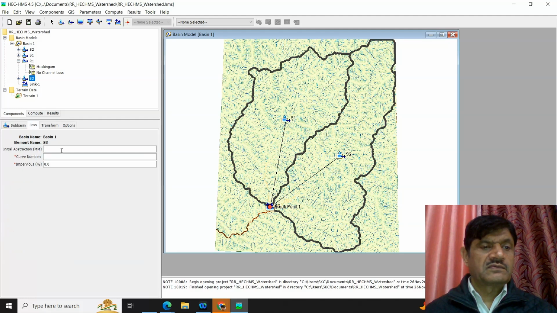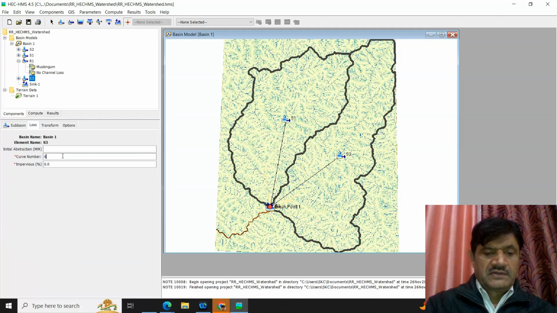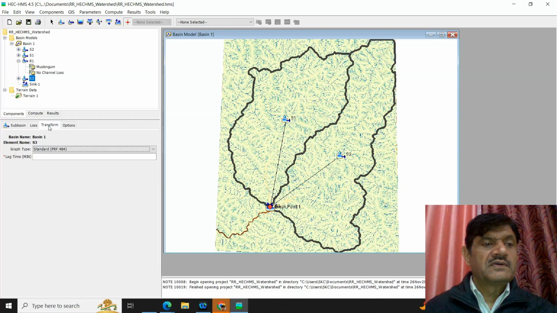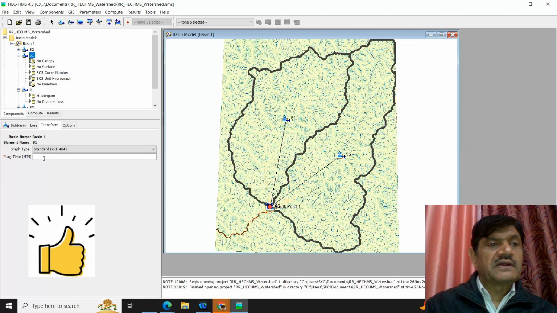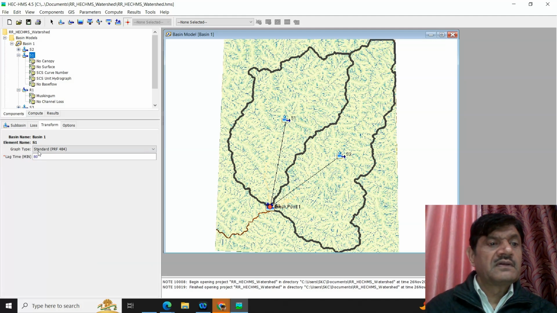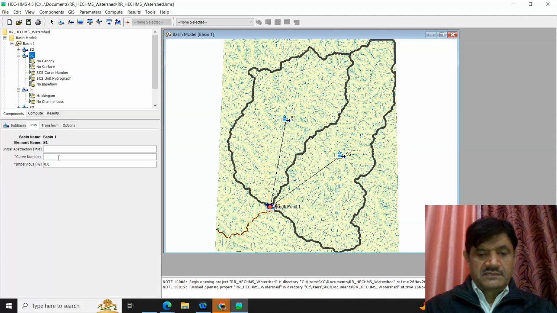Okay, then for the loss we'll see the curve number as 65, transform as 50. Similarly for other basins also we'll provide these data. For S1 we already gave the lag time here, and we'll provide it for S1. What is the lag time for S1? Suppose the lag time for S1 is 80 and curve number is 70, and for S2